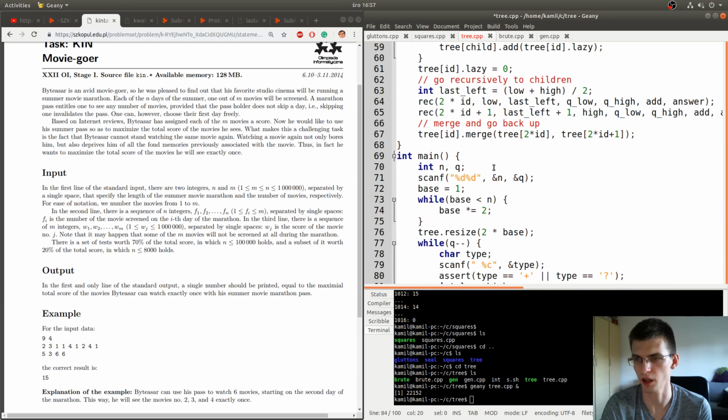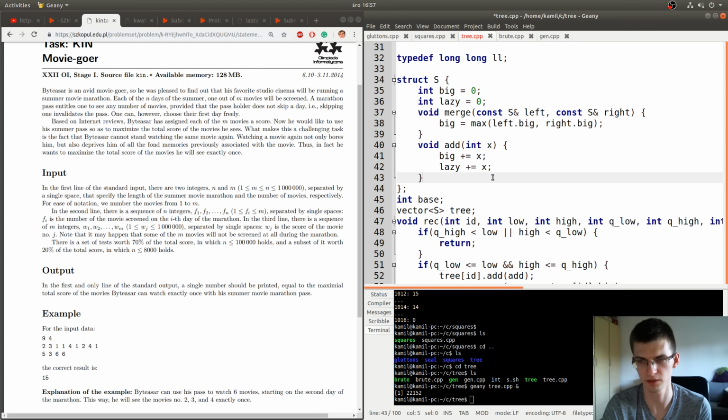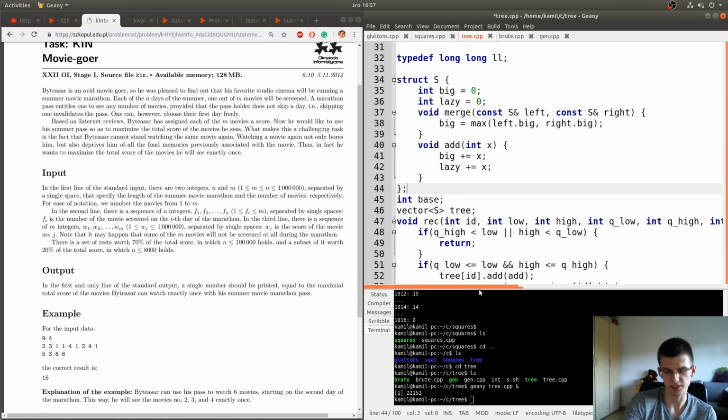Okay, a few words about the tree itself. It's a segment tree where, of course, there's a root with children, next children for every vertex, and so on. And when you increase something in an interval, you don't want to move up to the leaves and increase every value by that amount, only to increase in a logarithmic number of vertices, like in any tree you would want to do.